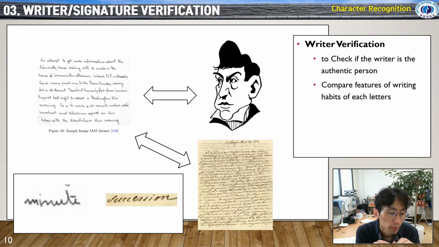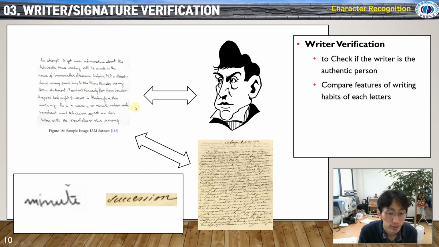That has been studied in human history, but the history of automatic writer verification is not that long, because it is a pretty difficult topic. We need to compare features of the writing habits of each letter. For example,